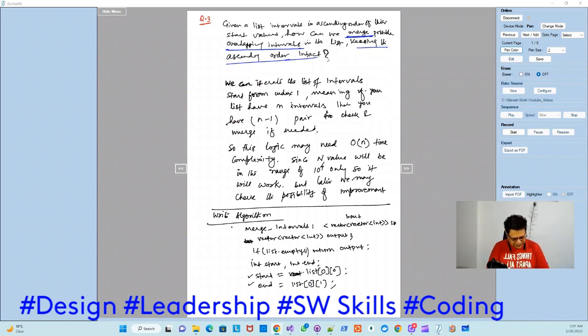Then after that you have to run a loop for int i is equal to 1, i is less than or equal to n minus 1, and i plus plus. Okay, and you have to just